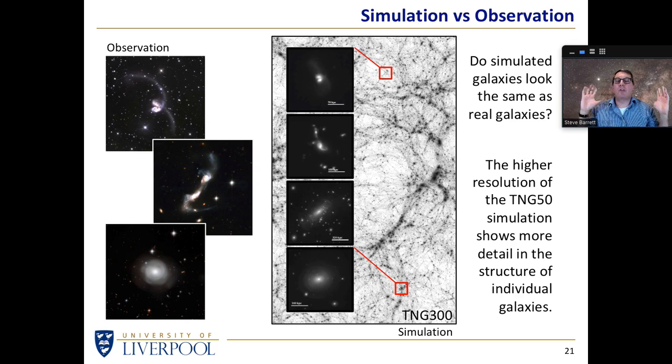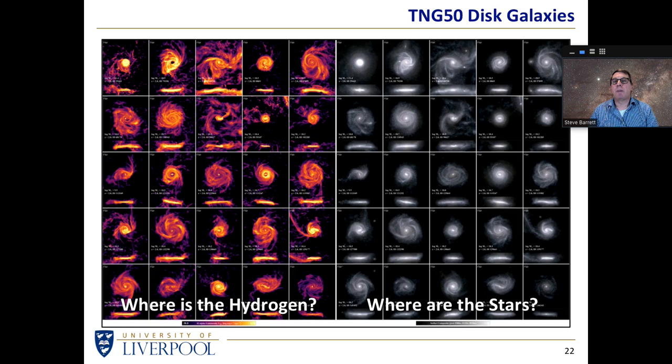We don't want to look on the largest scales if we're interested in individual galaxies. We want to look at the scale of 50 megaparsecs, the smaller boxes, to find out whether or not we can get detail of individual galaxies. So if we look at the output of TNG 50, 50 megaparsecs, if you think of a cube 50 by 50 by 50, that's an awful lot of galaxies in there if they're separated by a few megaparsecs each. So there's thousands of galaxies within one simulation, and here's a few of the spiral galaxies that are shown on